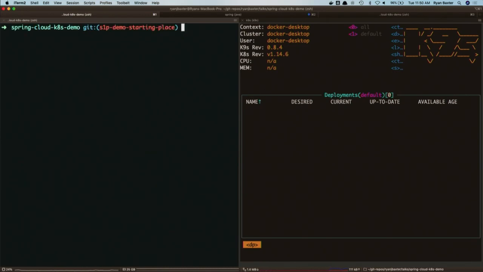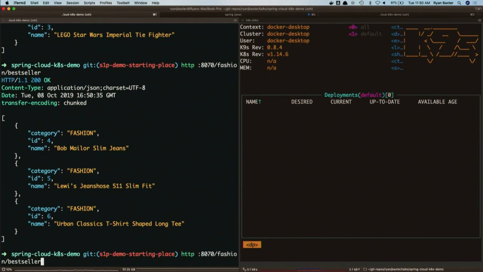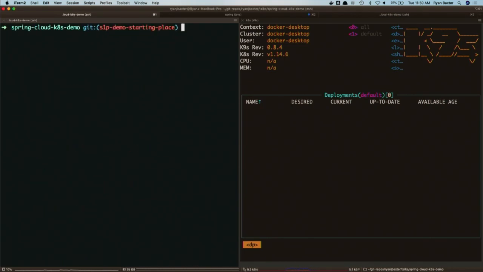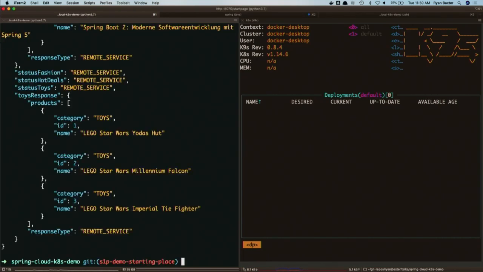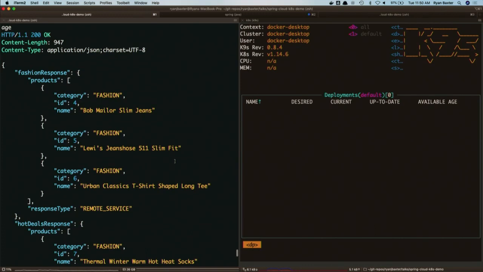The gateway, you can then route requests to any of those servers. So if I go to /toys/bestseller, you can see I get the information from the toys service. Same thing with the fashion service, right? So these are all the routes that I created in my gateway. And then lastly, the hot deals, right? And then I mentioned also that we have another endpoint called start page on the gateway. So if we go to /start page, you can see we get everything, right? So we have the toys, we have the fashion items, and the hot deals all here, right?